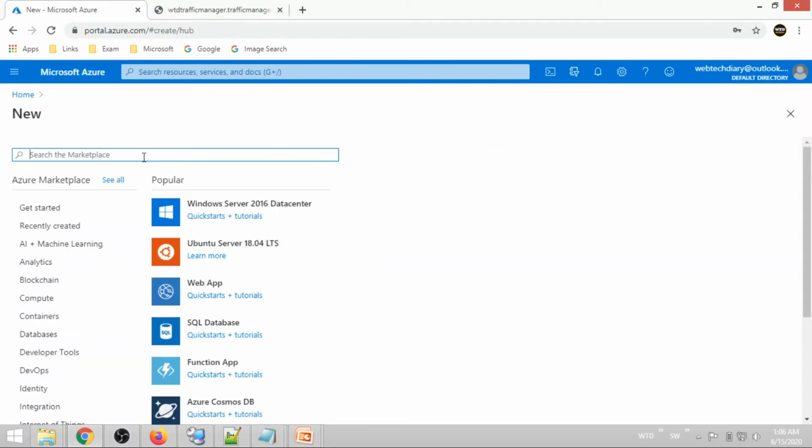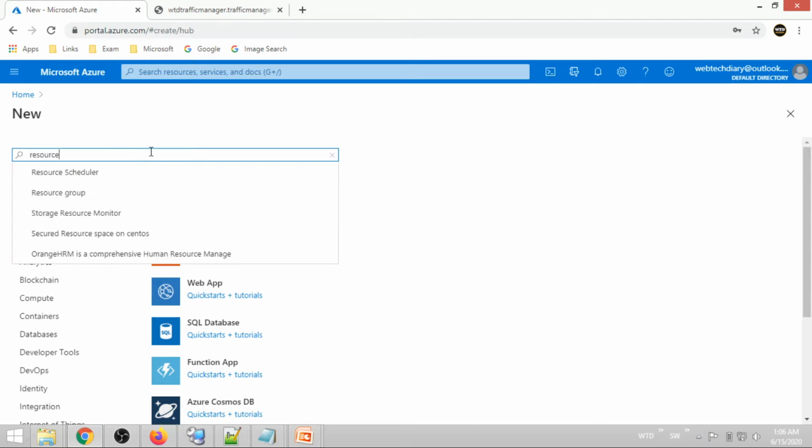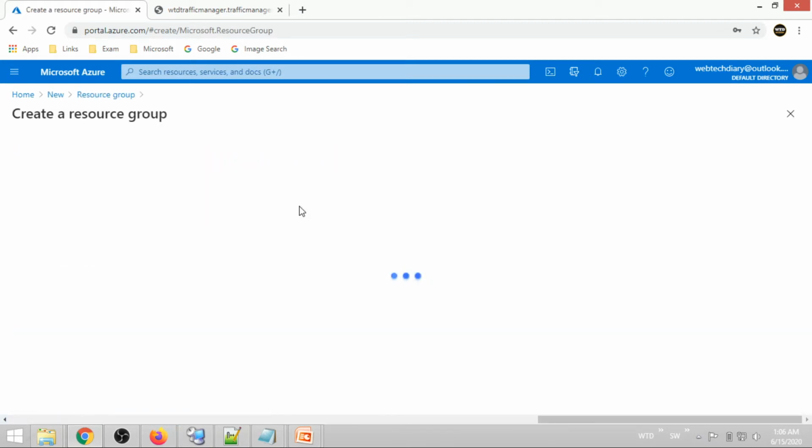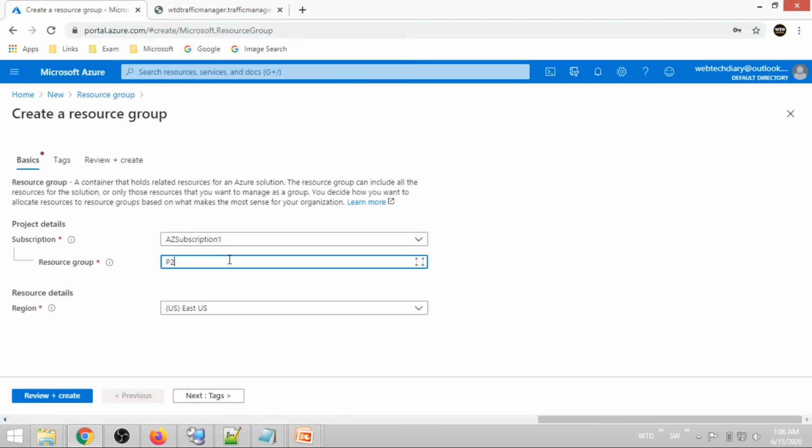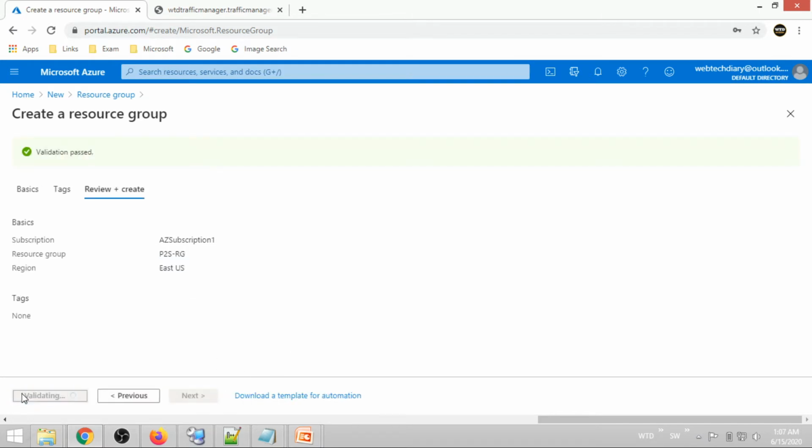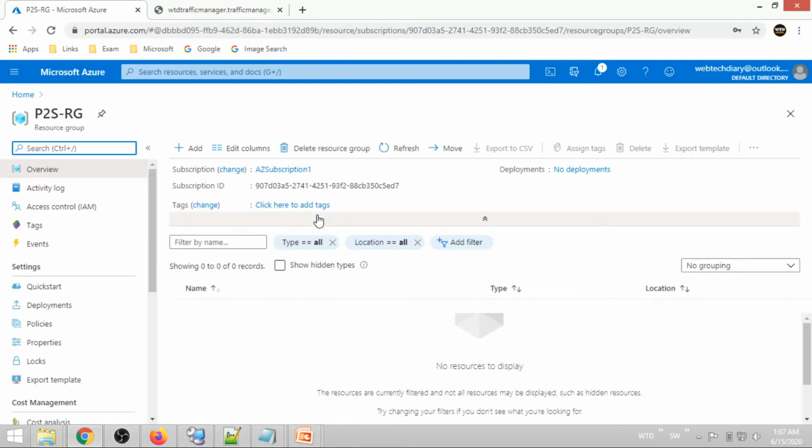Let me create a resource group. I'll name it P2S RG. Then I'll go to the resource group. Next, I'll create a virtual network.